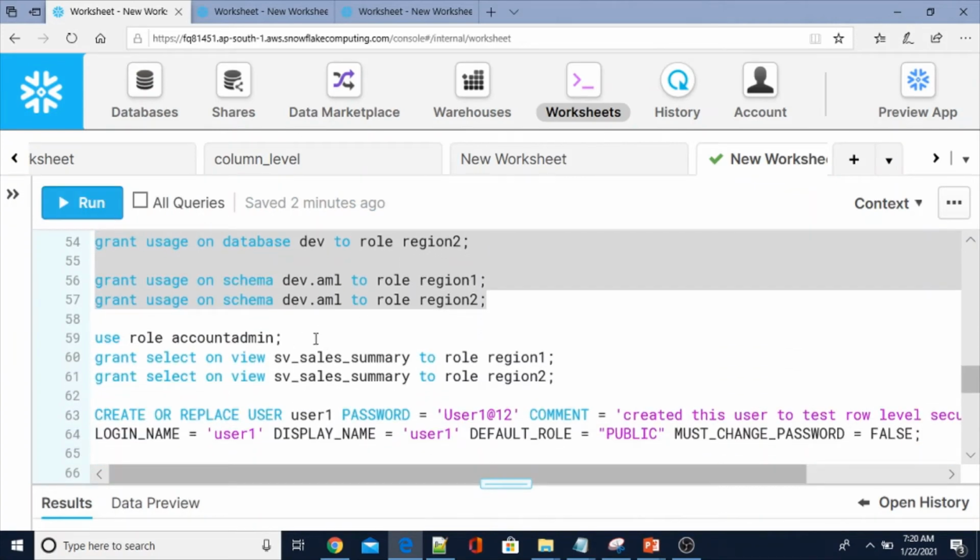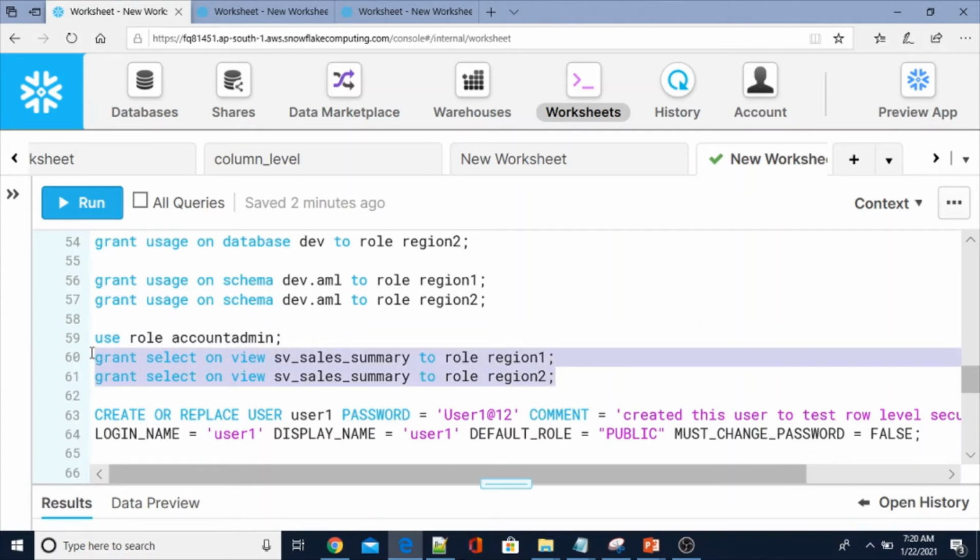And let me use the account admin again. Why? Because I have created our region sales summary data by using the account admin. So the owner here would be account admin, hence I am going to give the select access on the secure view to these two custom roles.